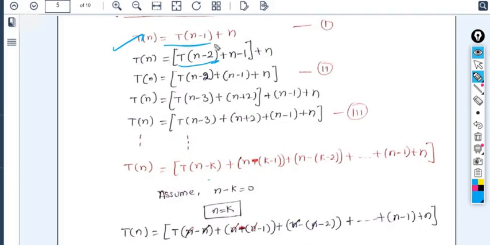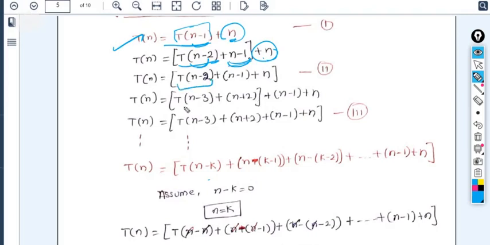So here if you decrement this value, what you will get here is T of n minus 2. And what is here? If you are taking here n minus 1, here n greater than 1 values. If we are taking n minus 2, here it will be n minus 1 and this plus n is the previous one, right? So this complete value is replaced at the place of T of n minus 1 only. Next we have written this thing here. You do not need to write here 2n minus 1. You have to keep it separately itself, right?